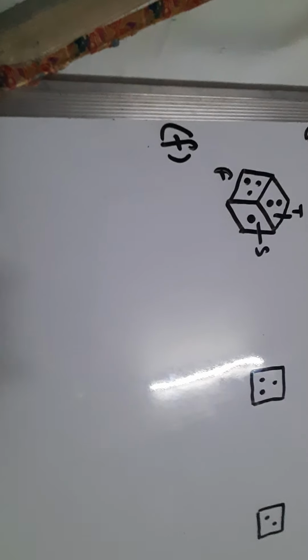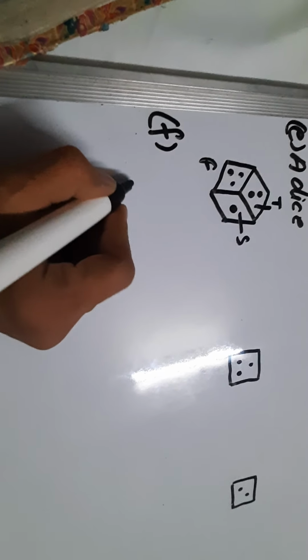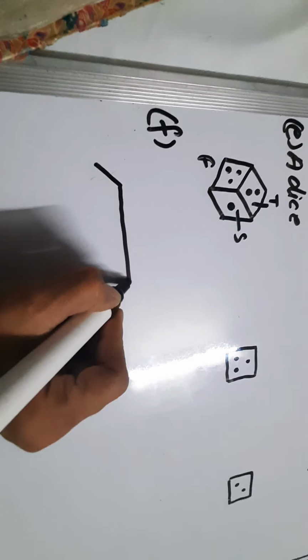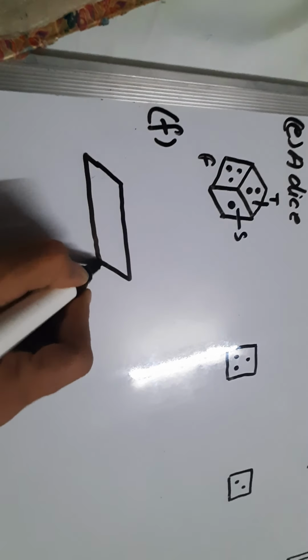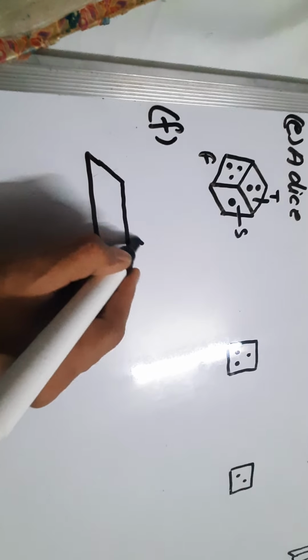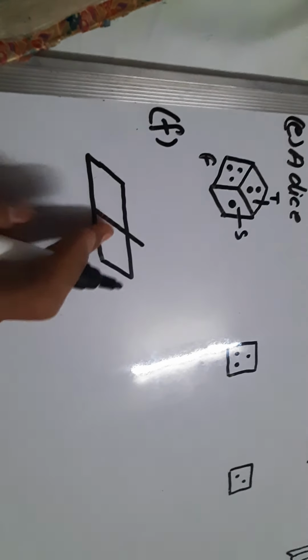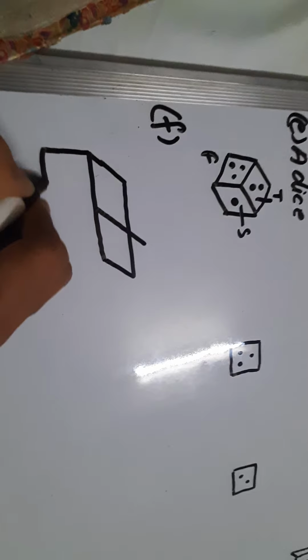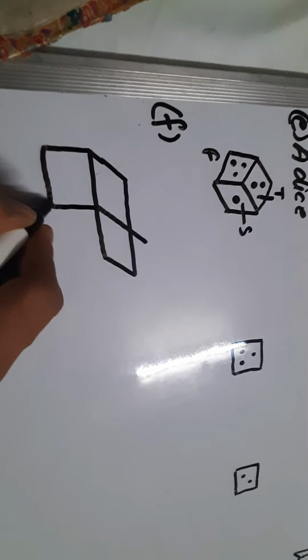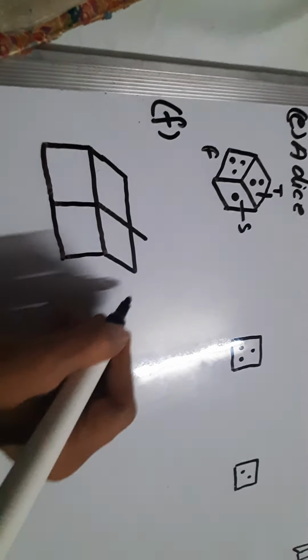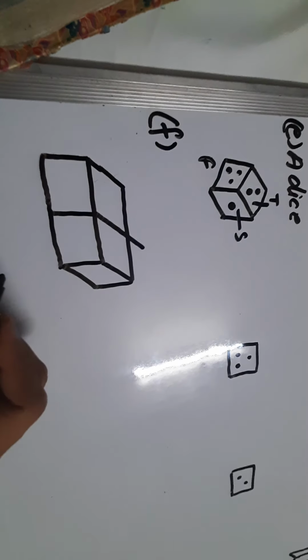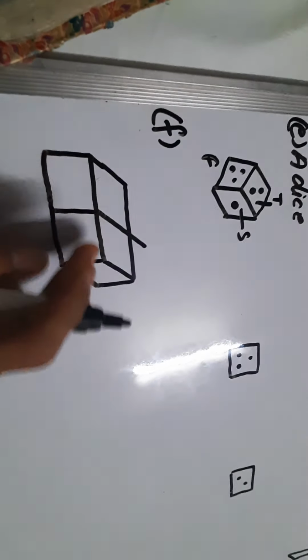Now the next one, last, is a solid made up of 4 cubes. 4 cubes are placed one above the other. So let us make it and then make the views. So how to make it? Let us make a parallelogram first of all, like this. Okay, make a partition in this. It represents the 2 cubes. Their front faces we can see like this. Okay, this is the side face we can see. So in this way 2 blocks are there.